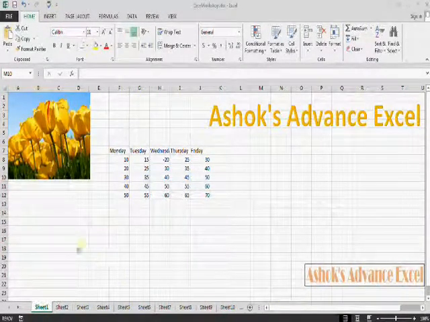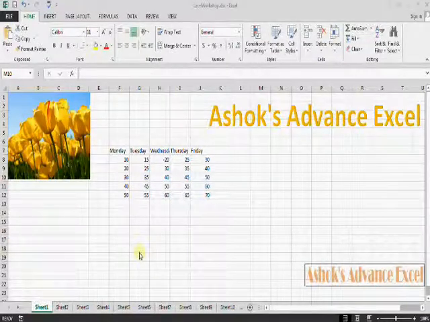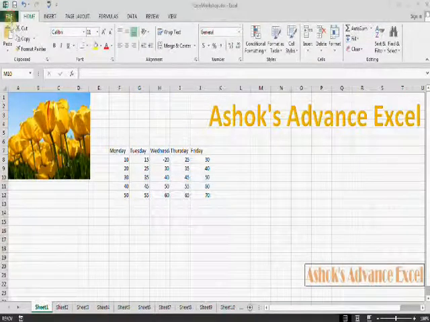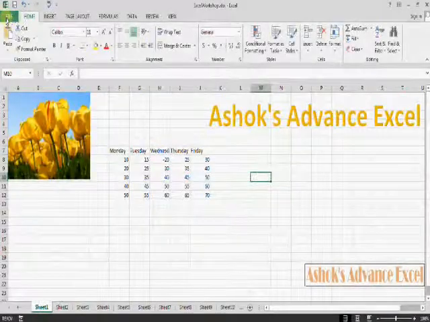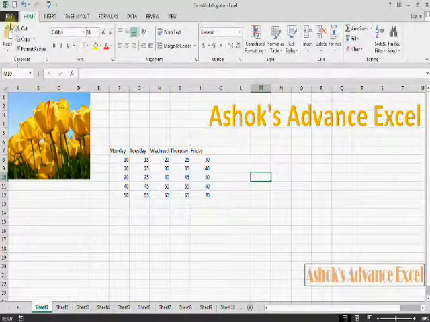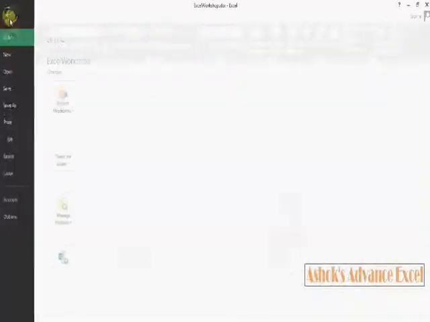Let us have a look at the backstage view. Click on File to go to the backstage view. This is the backstage view. To go back to the normal window, click this arrow and you will come to the normal window. Again on the backstage view,